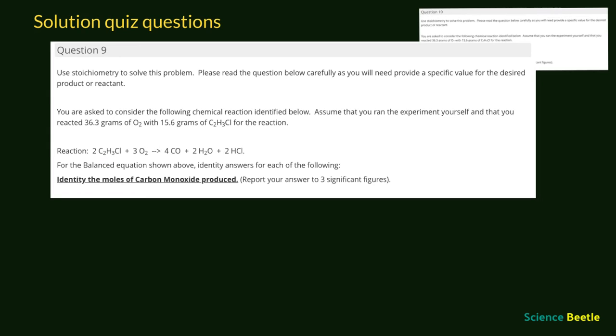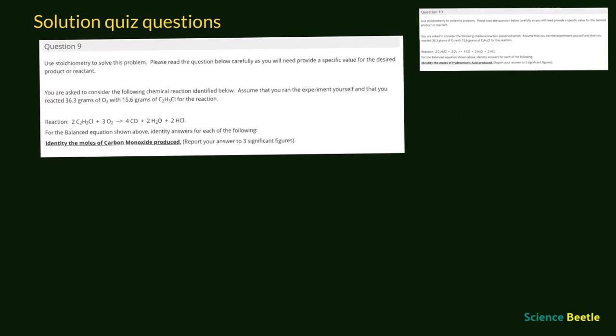Okay, so if you're setting this up on the grid, you want to set that up there, but remember I said I was going to use the stoichiometry, so let me go ahead and use that. I'm going to make this a little bit smaller, give me a little bit more real estate down below, and begin with the work. I'm going to use the first mass that's provided here, and that's going to be the oxygen. So I'm going to say here, we've got 36.3 grams of oxygen,